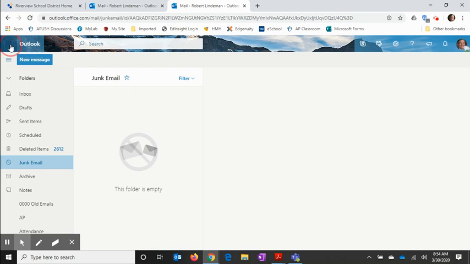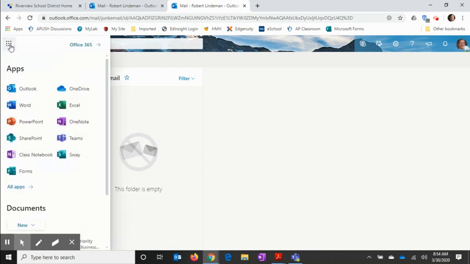When I left click on it, what I get is a menu of apps that are available in Office 365. Some of these are going to be familiar to you, like Outlook that you use for mail, Word for word processing, PowerPoint. Those are all ones you've used. On my menu, over on the right-hand side, I see Teams, and that's the one that I'm going to select